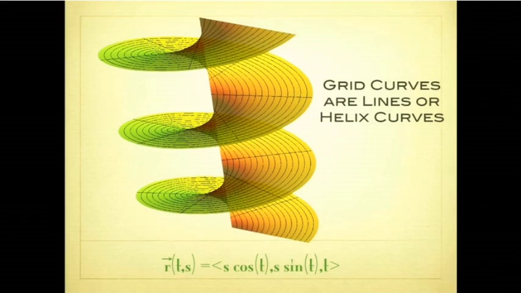And that's a case which has a couple of times appeared already. It's also not of the standard type, but you can also figure out what happens. For example, when s is equal to 1, you get cosine t, sine t, which is a spiral going up. So this is this spiral. And if you change s, the spiral radius becomes smaller. So you have lots of spirals going up. And so these are helix curves. And if you leave t constant and you change s, then you see these lines here moving out.